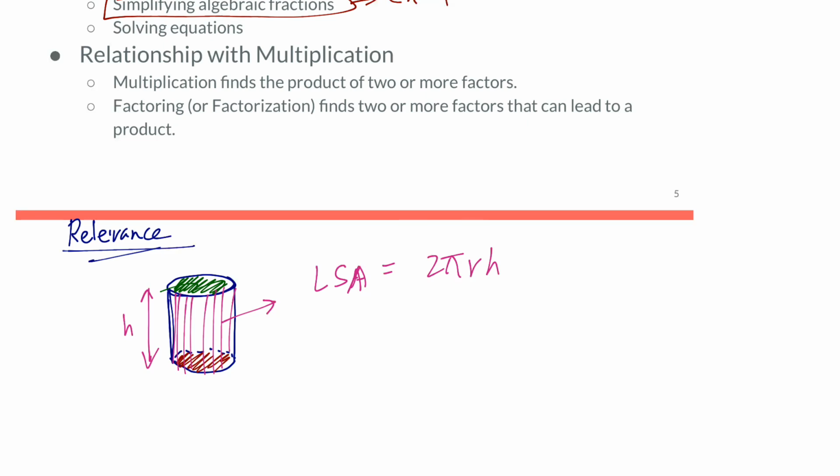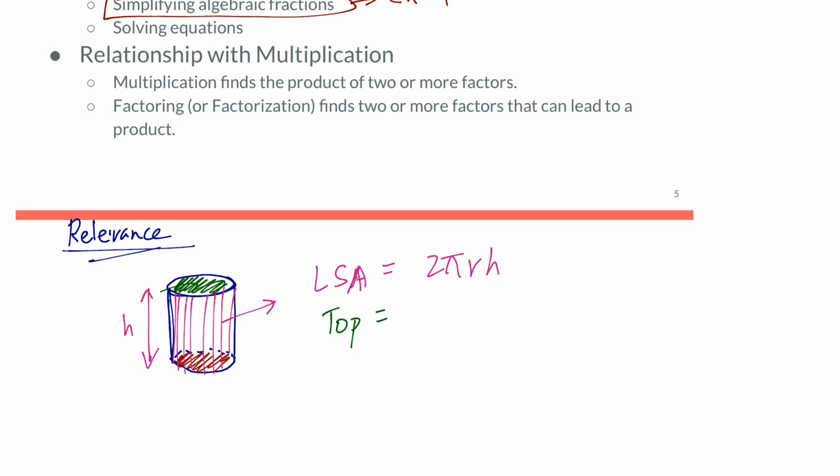Yes. We're saying that this cylinder is a right cylinder in the sense that it's not slanting. The sides don't slant inwards or outwards. It's going perfectly straight up. So the area of the red circle, which is the bottom, and the area of the green circle would be the same. So area of the top